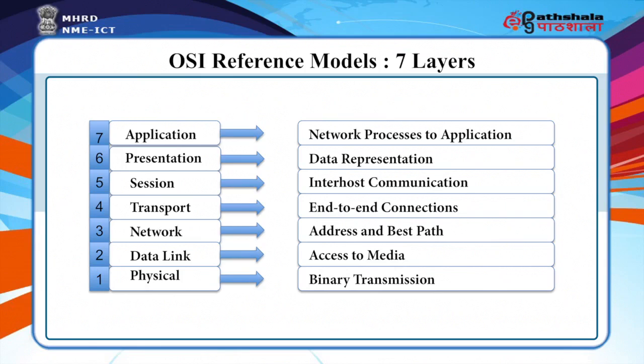These 3 layers are available in almost all network equipment such as routers, etc. The first layer, the bottom layer, is the physical layer, and the topmost layer is the application layer,